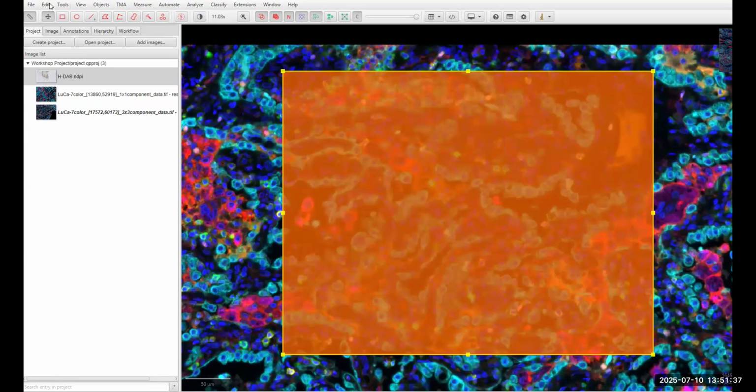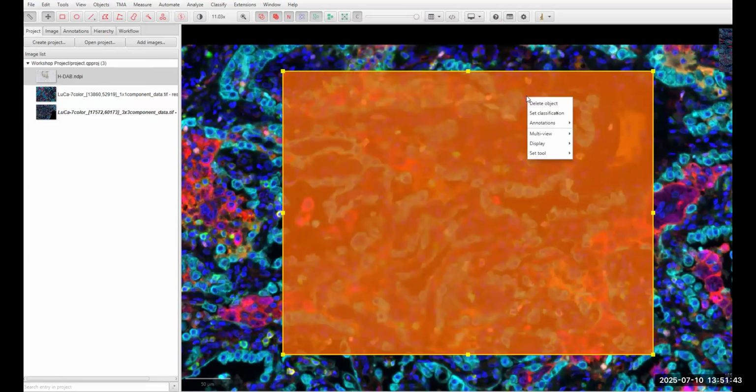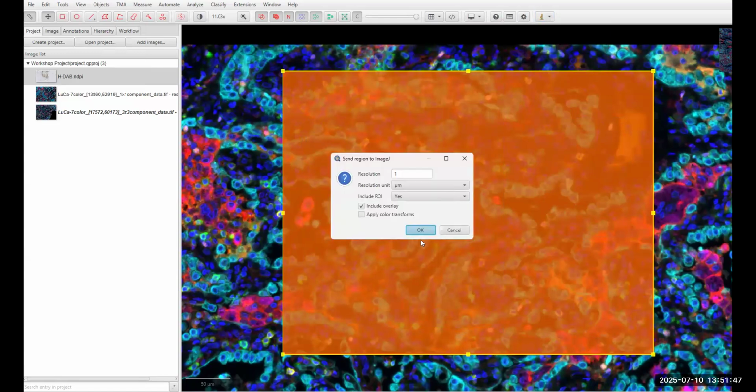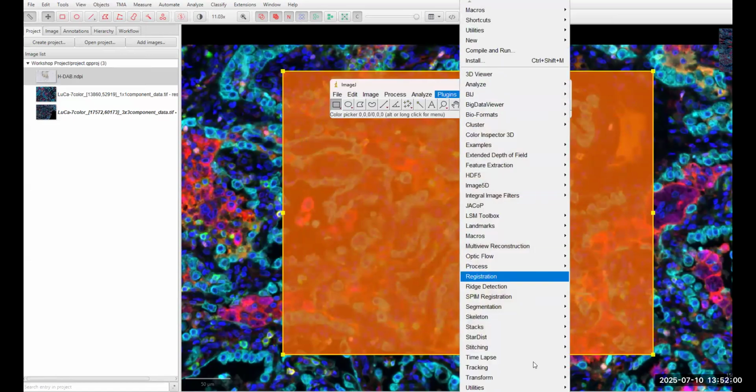Oh, did I save that? Yep, I did. Okay. So now what I can do is send this back to ImageJ again and see if we can open it up. Okay, so now it's taking a little bit longer because it has to open my plugins. So now if you look at the plugin list, I now have all of the plugins which I normally use